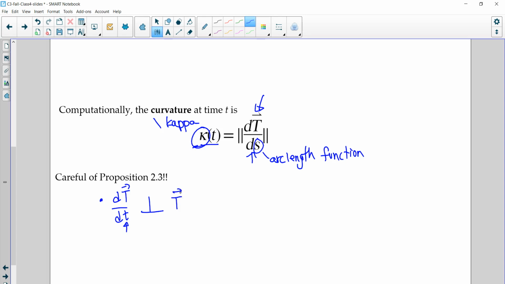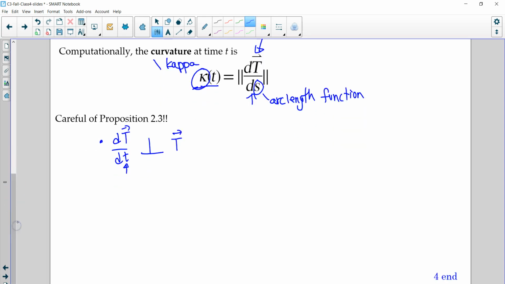And the second part says that the length of the derivative of the unit tangent vector with respect to time is actually the angular rate of change